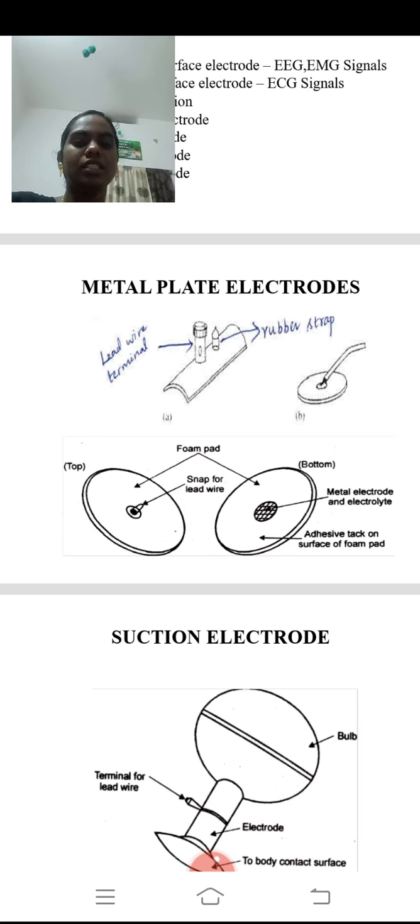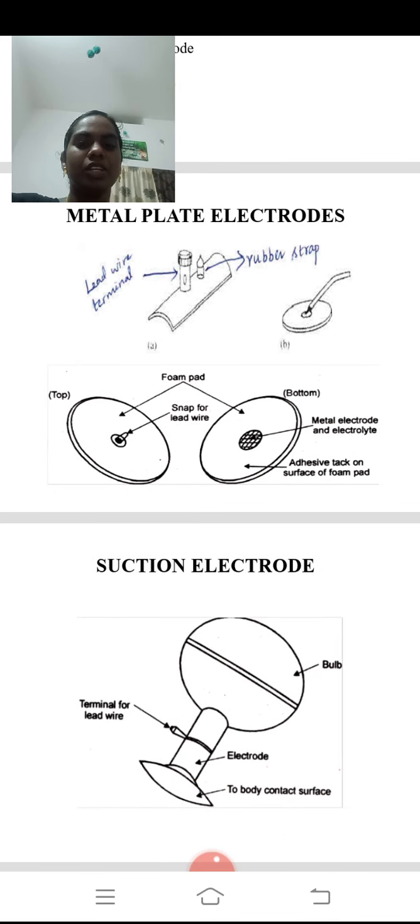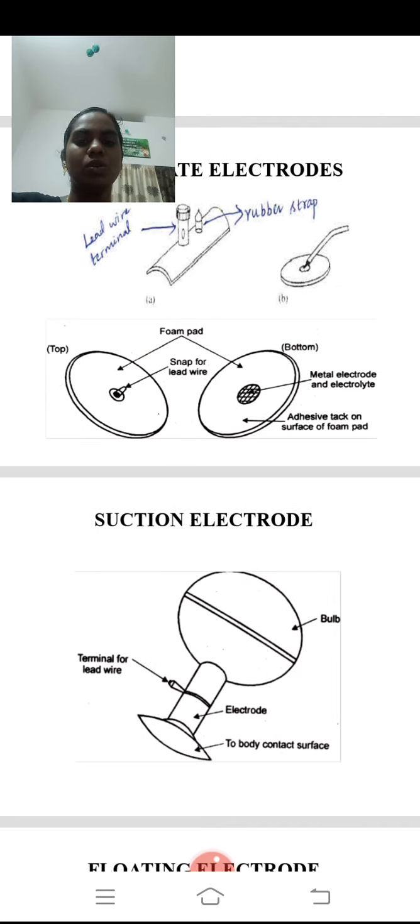Okay, so B arrangement is a circular arrangement. This circular disc will be attached to our body. The upper wire shows that it will be connected for further communication. So the first one is a cylindrical type, the next one is a circular type. This is the major difference between these two. The further operation will be entirely the same.